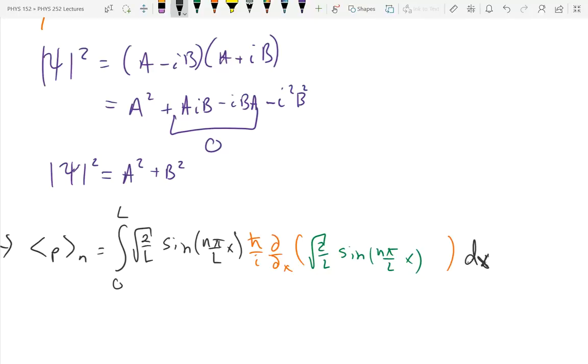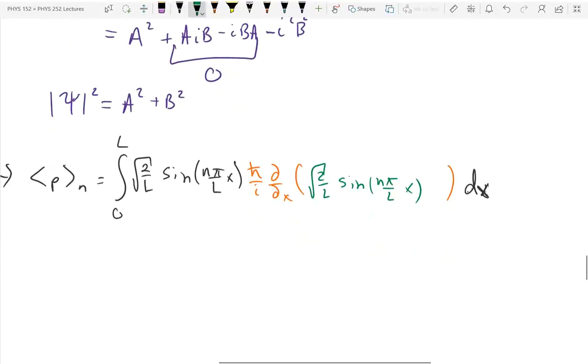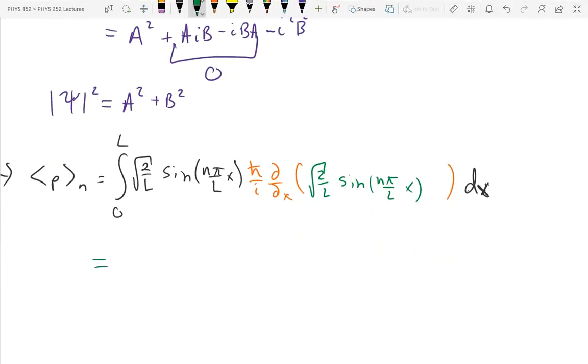But I just realized this is actually really, really simple. I realized this because my son back there is taking calculus right now, and they're doing this. Let u equal square root 2 over L sine of n pi over Lx. du is equal to